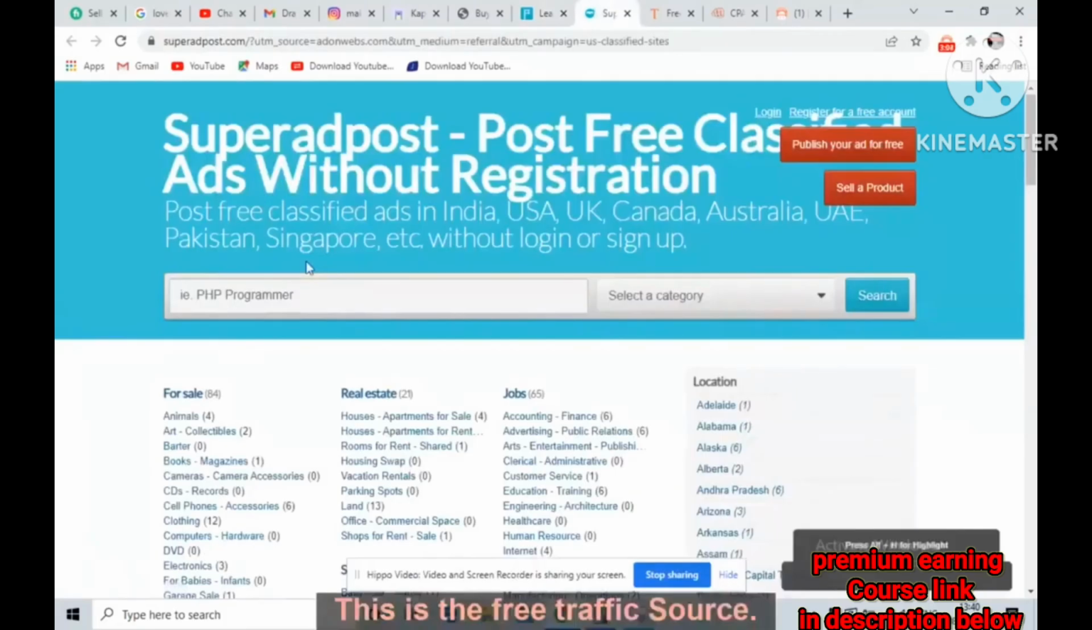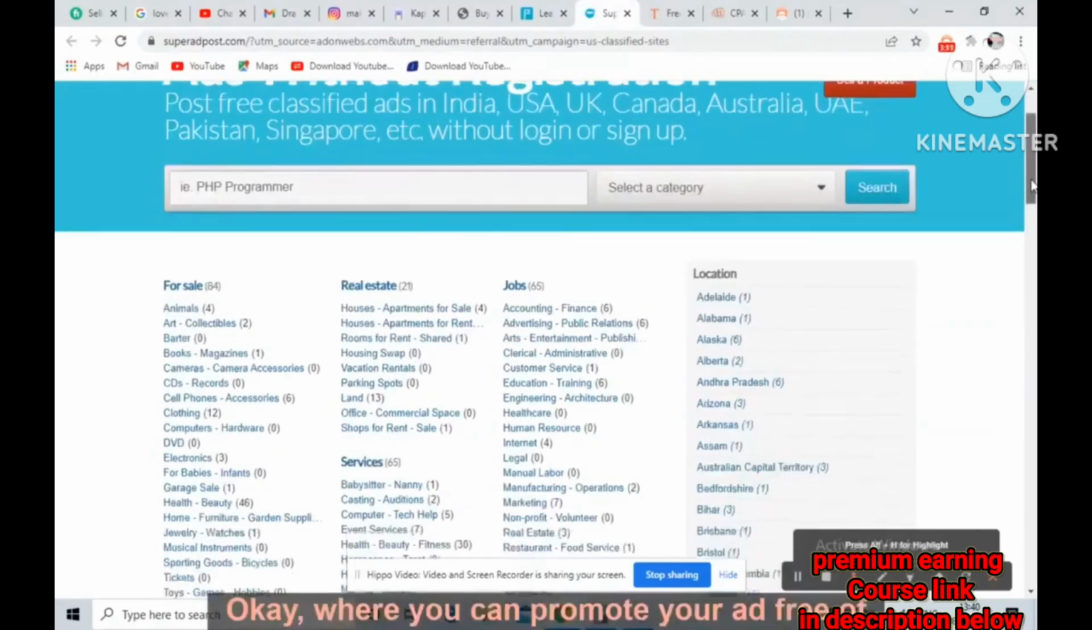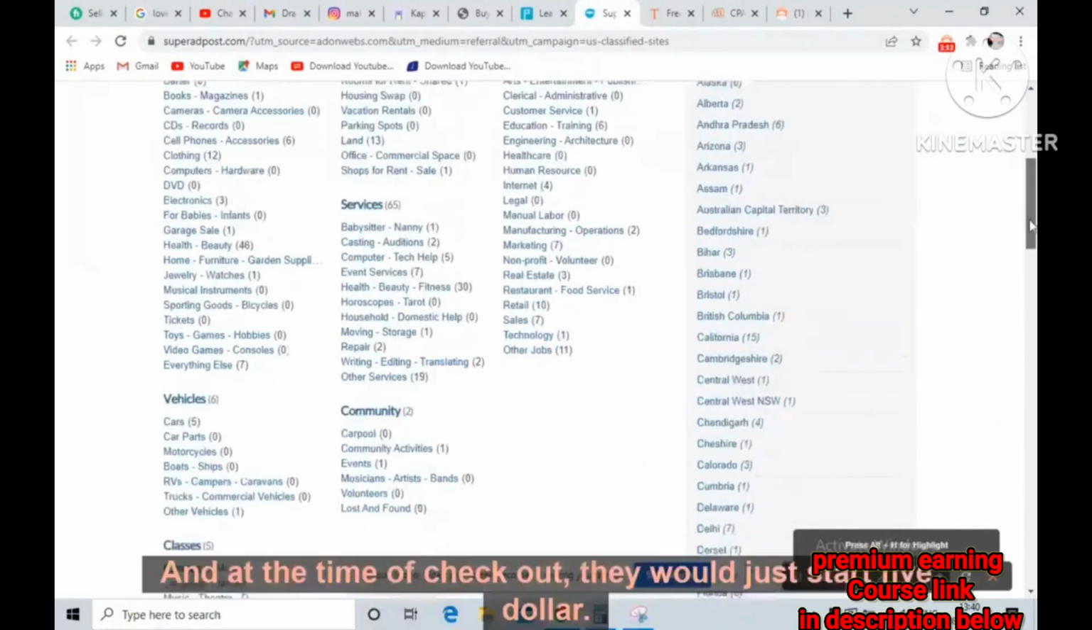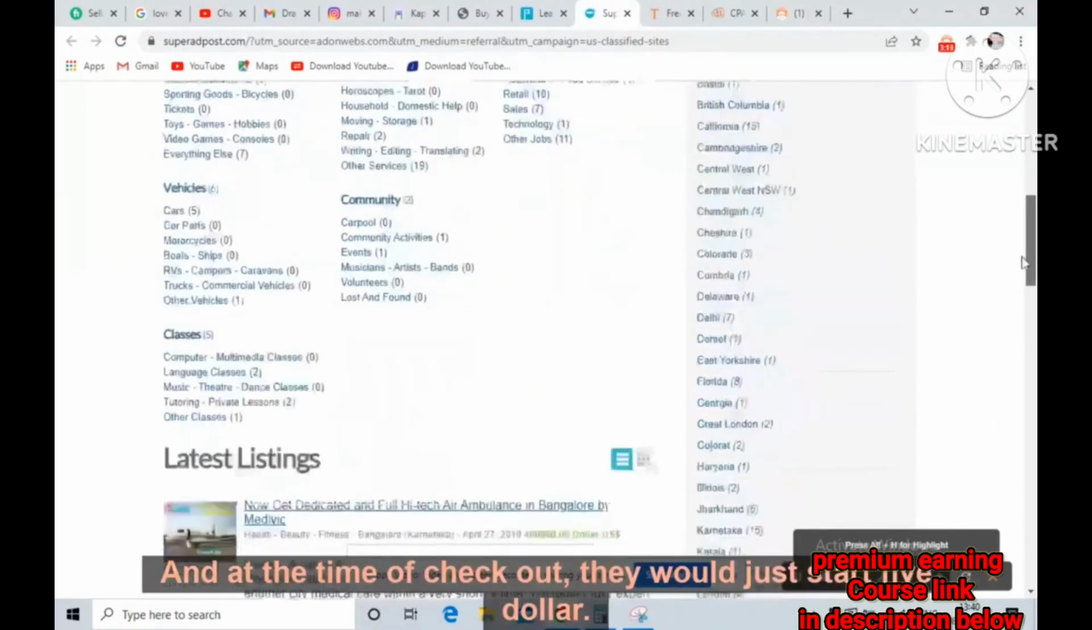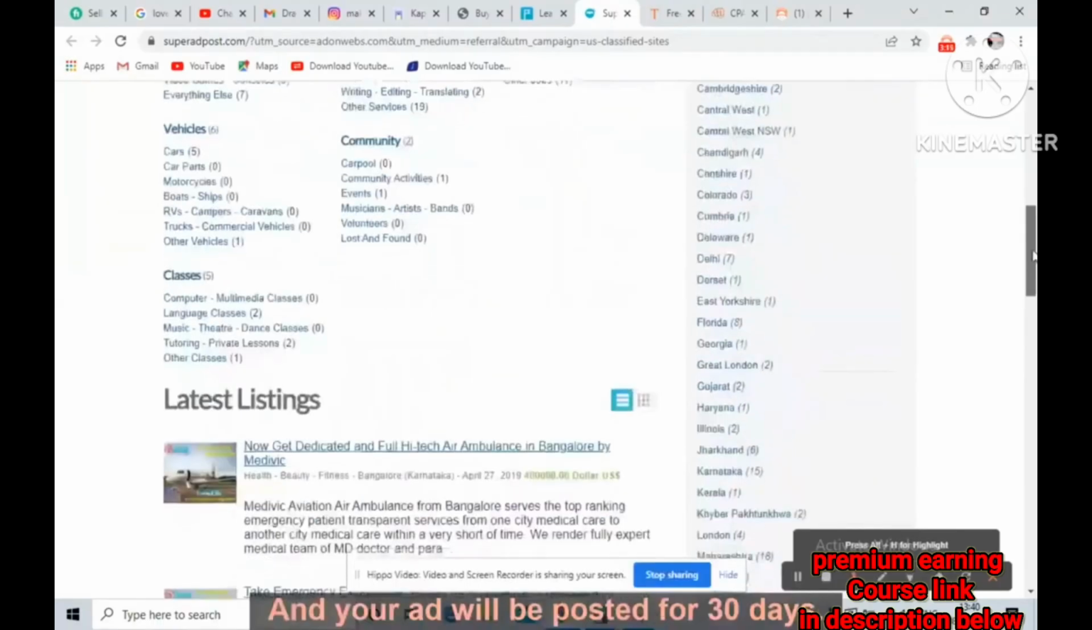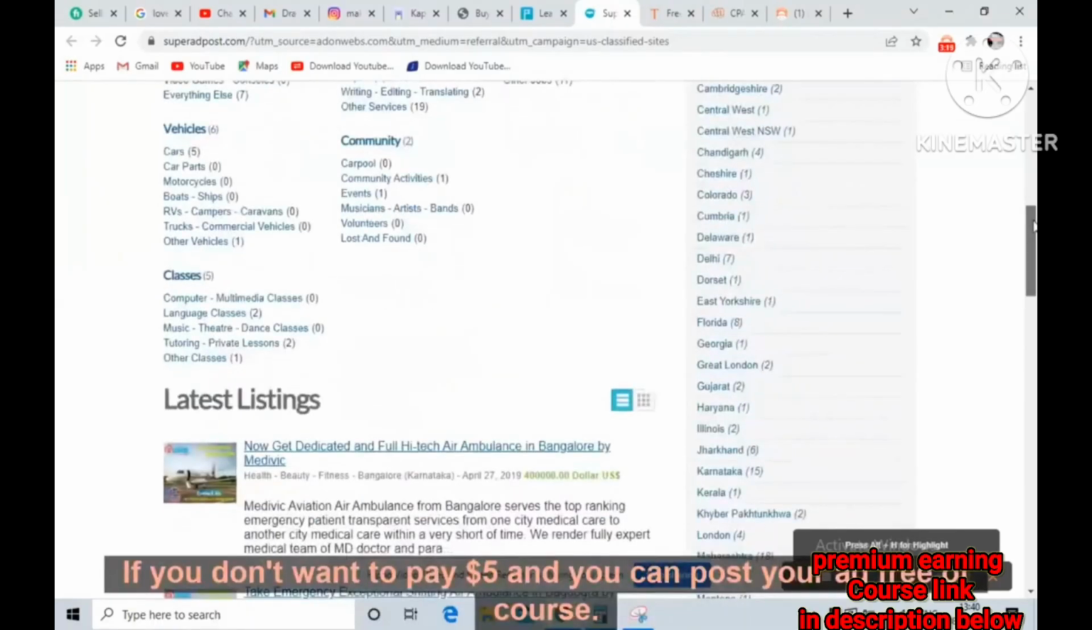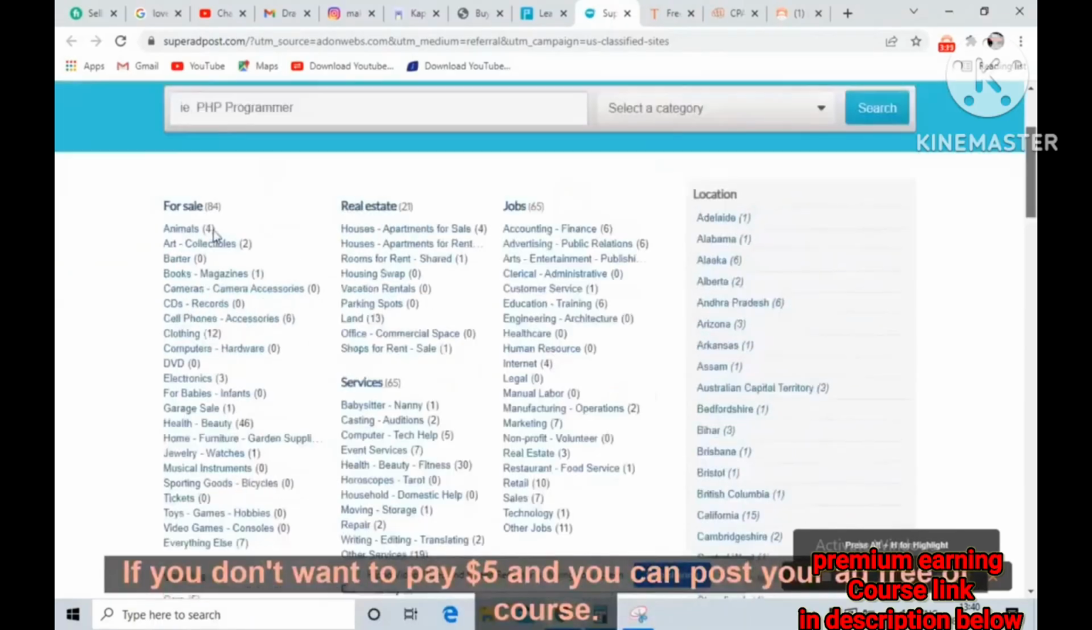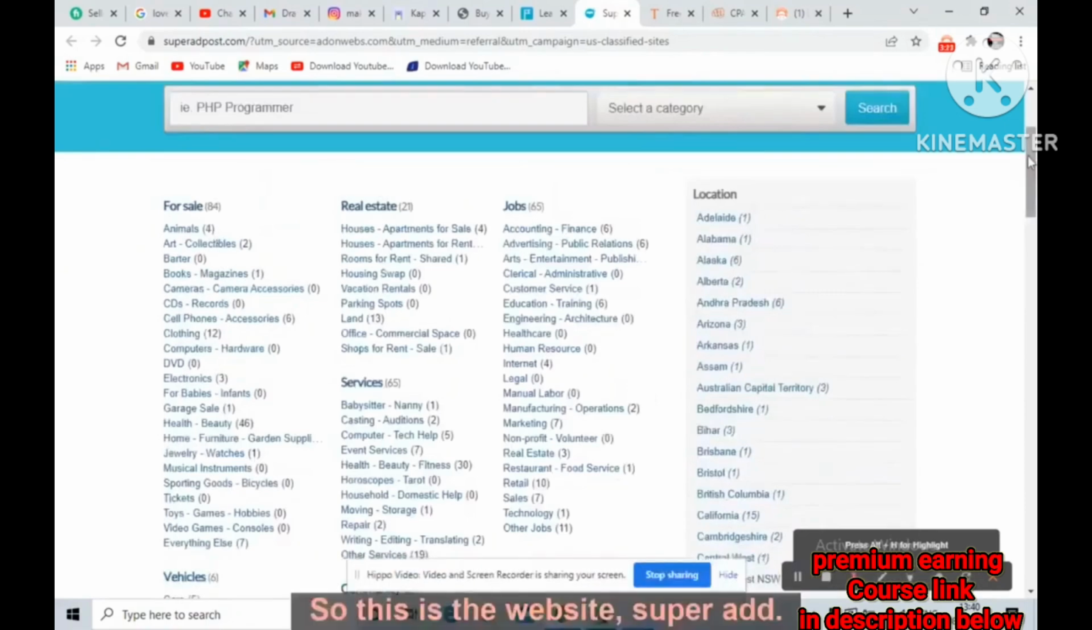This is a free traffic source. I'll be telling you one more website where you can promote your ad free of cost, and at the time of checkout they would just charge $5 and your ad will be posted for 30 days. If you don't want to pay $5, then you can post your ad free of cost. So this is the website